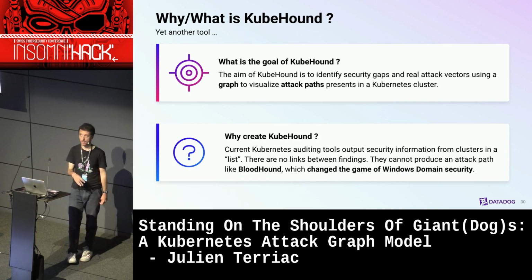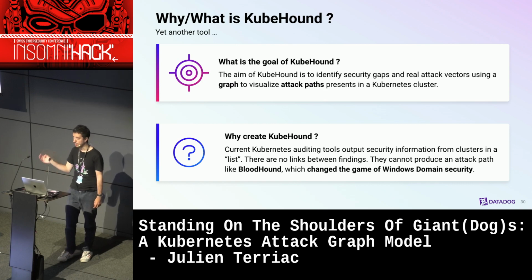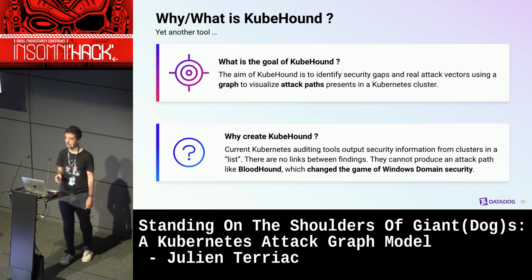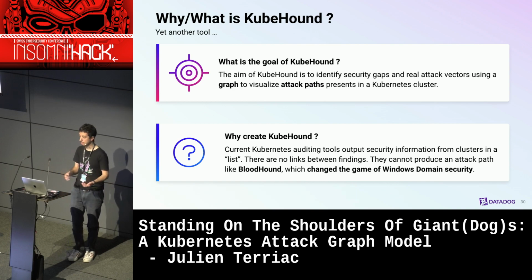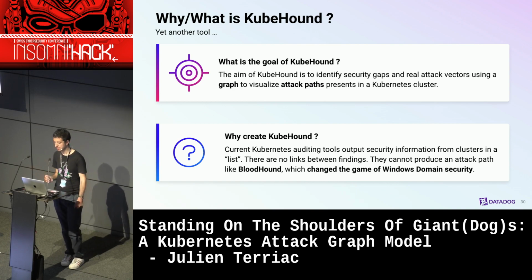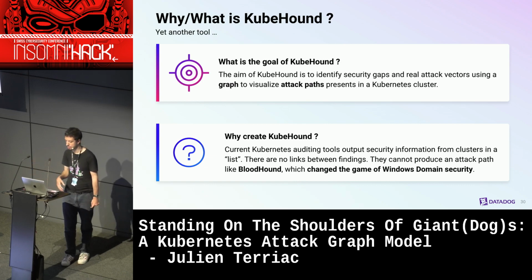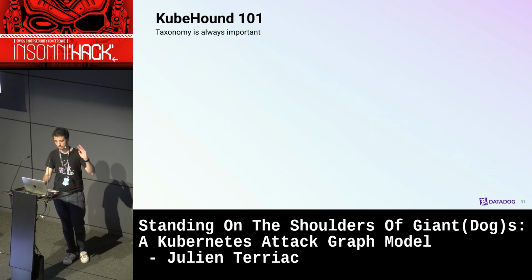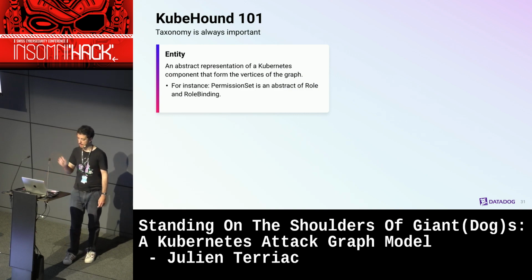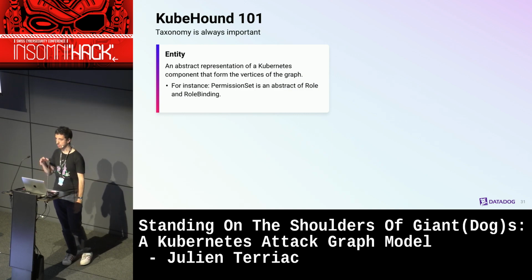So also, I guess most people here know what BloodHound is, the tool from SpecterOps. It was really a game changer in the Windows industry. So we said, well, why not do the same for Kubernetes? Of course, for the name, Kubehound, BloodHound, well, we just stole it. And we really wanted to reapply the same thinking and try to have this treasure map being built up. So in our world, like I was saying, an entity is an abstraction, but in Kubehound,